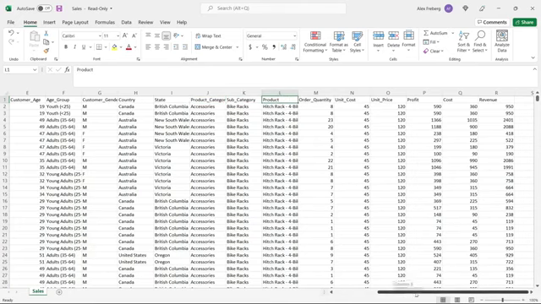And then we have things like how much these things cost and the quantity that was ordered. So we have order quantity, unit cost, unit price. Then we have the profit, cost, and revenue. Almost everything in here we can in some way put into a pivot table. Now, I'm not going to go through every single variation of that, but we are going to be looking at a lot of this revenue over here, because I think it's pretty easy to show the value of a pivot table